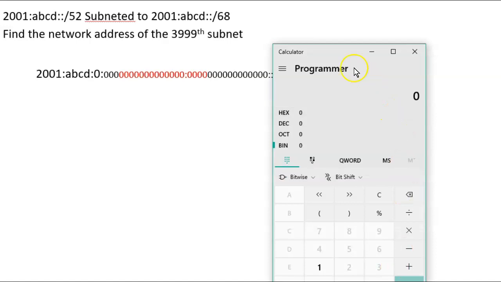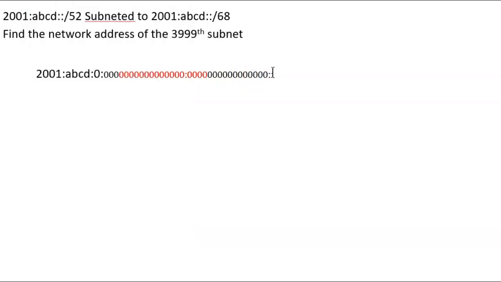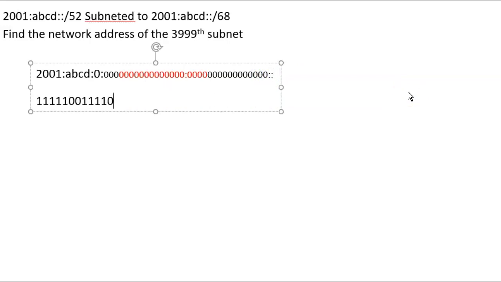Let's go ahead and do that on the calculator. I would do that not by hand, but I want to save time on the video. So I'm going to choose decimal because I want 3998, and that's in decimal. So 3998. And I have a binary number right here. In fact, I will go ahead and copy that binary number, and we'll go back and put that in here in order to remind us of what it looks like.